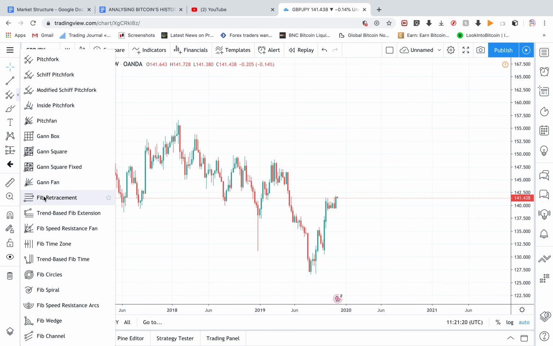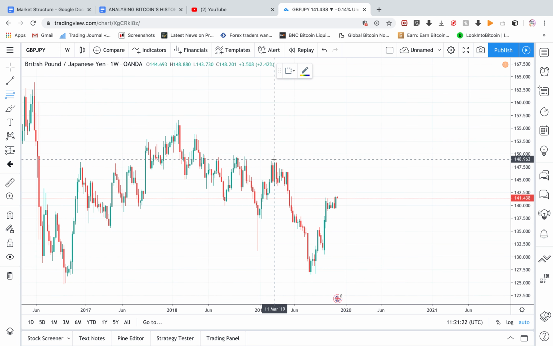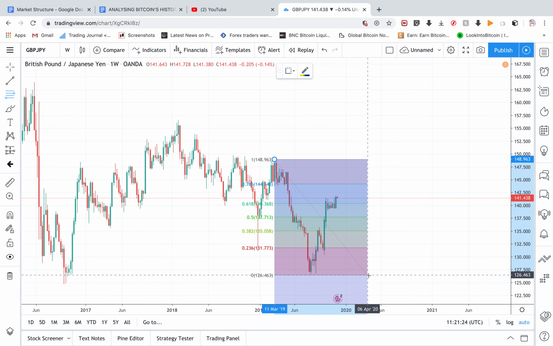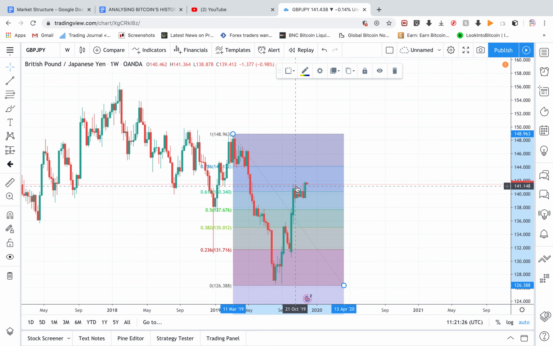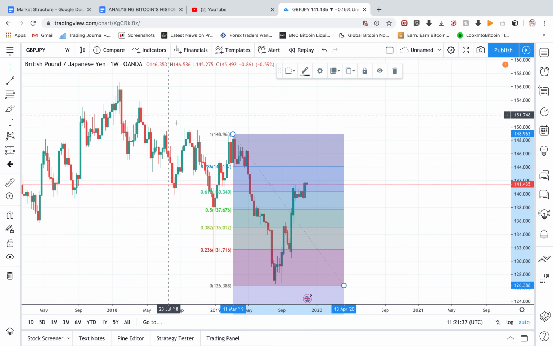So when we take our Fibonacci tool and we draw from lower high to lower low, we see price action right now in the weekly time frame is respecting the 61.8. So there's a lot of consolidation taking place at 61.8. So we could see price action either